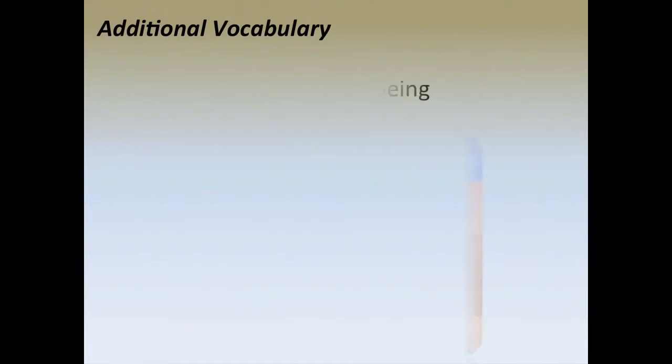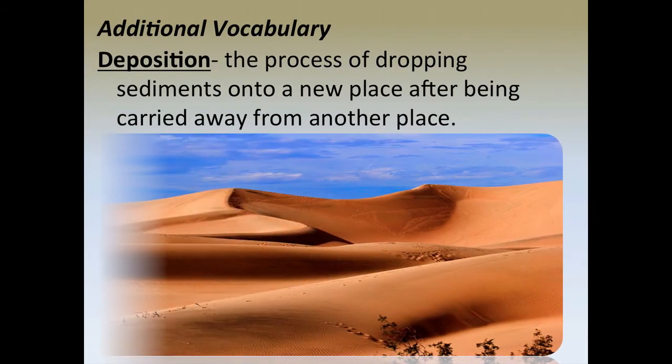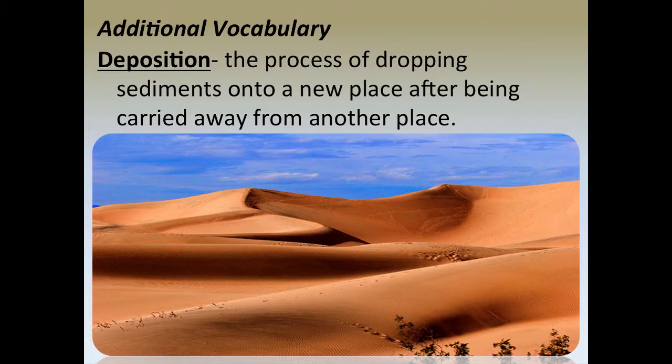Another definition. After weathering, here comes erosion. It picks up this sediment, it picks up this sand, and it throws it or blows it in the wind somewhere else, or it carries it or washes it away with water. Well, the sediment has to settle at some point. The wind has to stop blowing, and boom, it drops this sediment. Or the stream spews out into a tributary, or it spills out into the ocean, and this sediment settles. Once that sediment settles or stops moving, this process is called deposition, or when it's deposited.